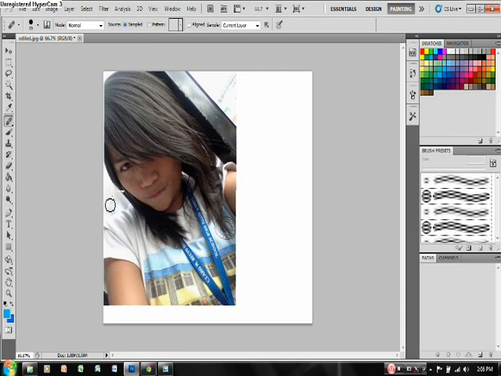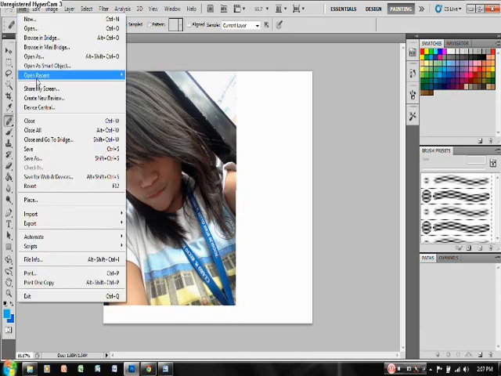Okay, then this line, select again with Alt, move, then select here, remove that line. Okay. So that's the only way to restore the face of the picture. Okay, this is now finished. Then save.